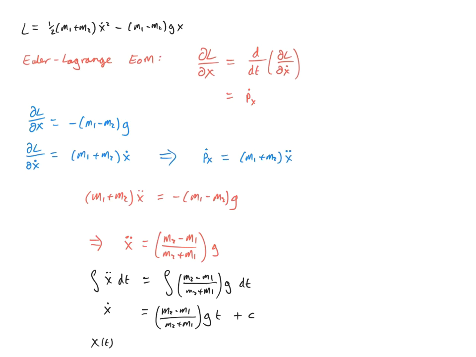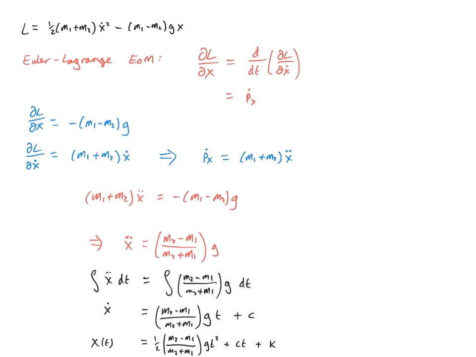We integrate with respect to time once more, and this time we're going to get 1/2 times the constant times t squared plus c times t plus some other constant of integration k. So because we had to do two integrals here to go from x double dot to x itself, we have two constants of integration. These can be determined from the initial conditions, or they could be determined, for example, from